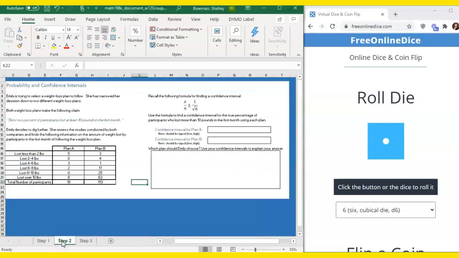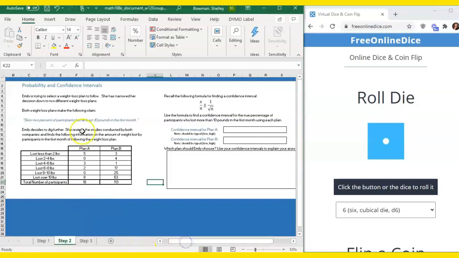Then step 2. As you'll notice, like the other tutorials, my numbers are different. This is intentional because I would like you to focus on the concepts and not just putting numbers in. So the first thing is that we have this weight loss program, and we have two plans, A and B,